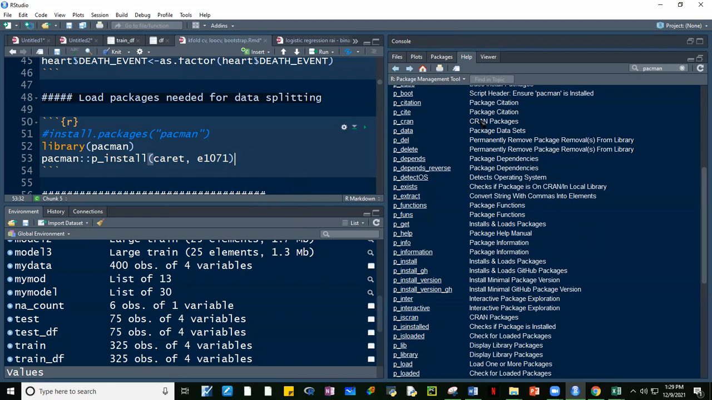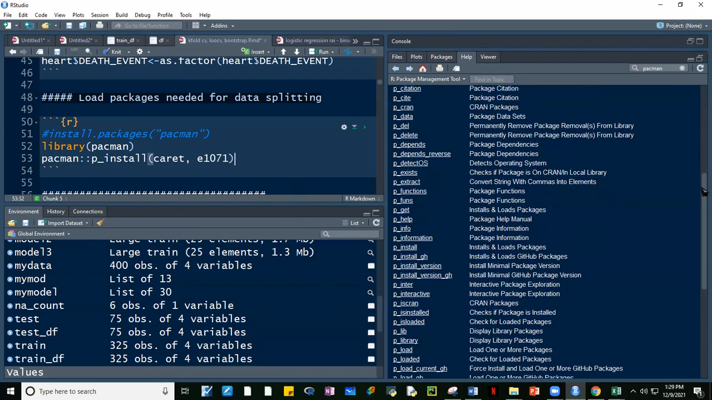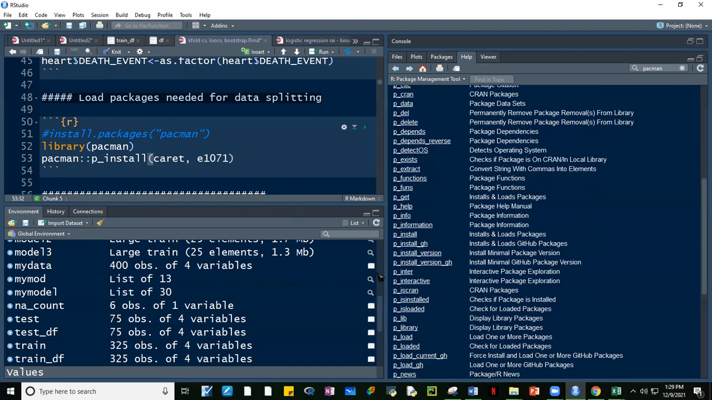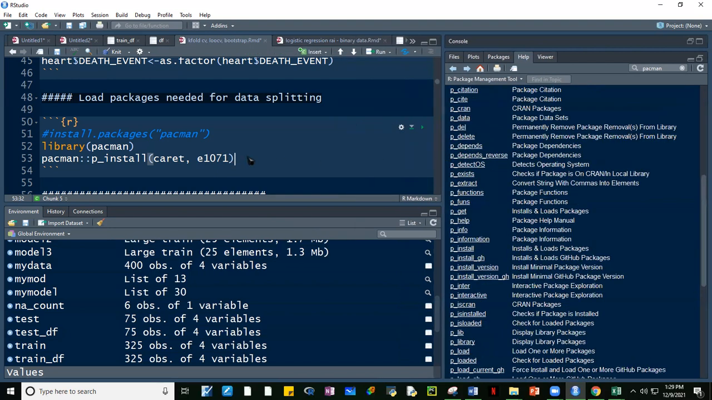Okay, so these are some functionalities of the pacman package. It installs and loads the packages. Yung kanina ginawa ko guys, p_load, no? Ibig sabihin nun, ilo-load lang niya. So yung p_load ang ginamit ko kasi na-load ko na tong caret at saka e1071. But in your case, since hindi ninyo pa na-load yung caret at saka e1071 package, so this can be a shortcut guys, especially kung marami kayong